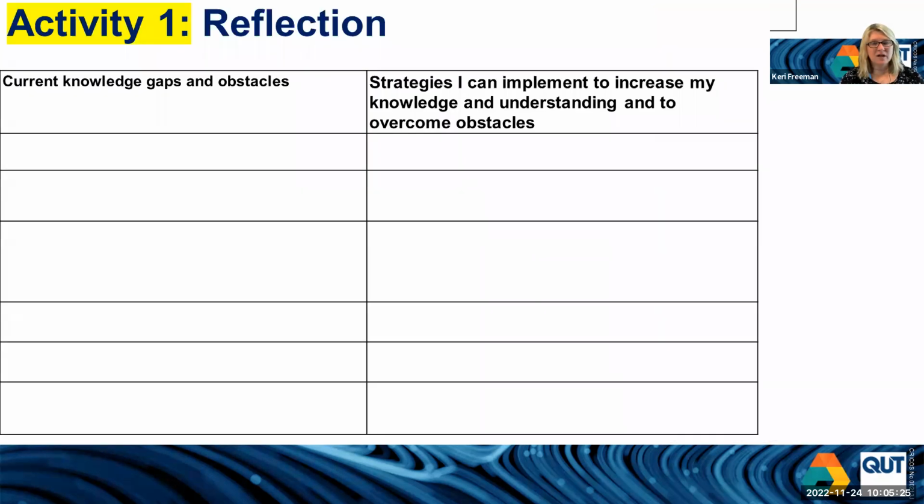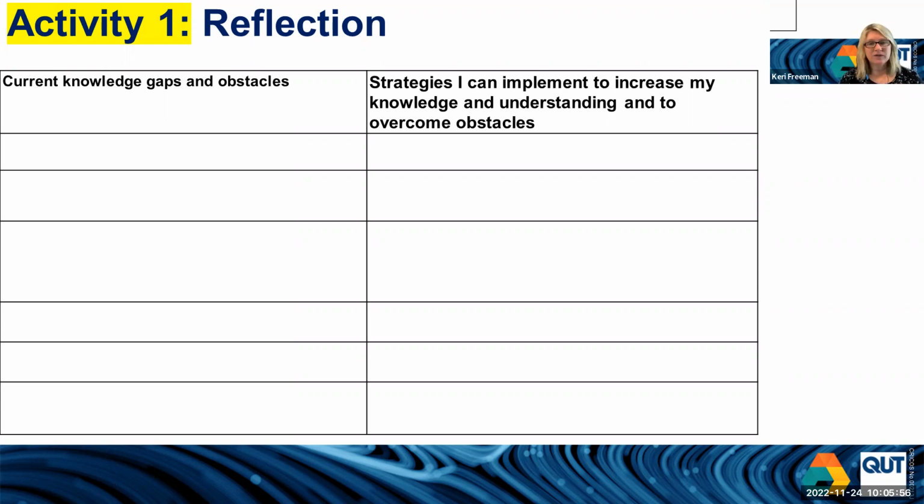So we're going to start reflecting just to begin with. That's in that activity sheet. You'll see there, that's activity 1. I'm going to give you some time in a second to write some notes, but as I said, if you can keep the document open and just put some points in there as we go through. And you can see there, current knowledge gaps and obstacles. So you're reflecting on what more do you need to know and learn in this period?